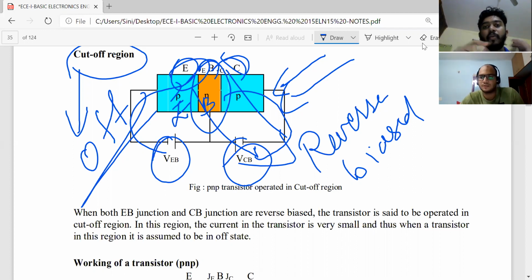Without the OS, this is just a box. So similarly, an operating system acts as an interface between the user and the hardware. Similarly, base is an interface between collector and emitter. If you compare with real-world objects, we'll be able to learn much faster. That's all. Good, good.